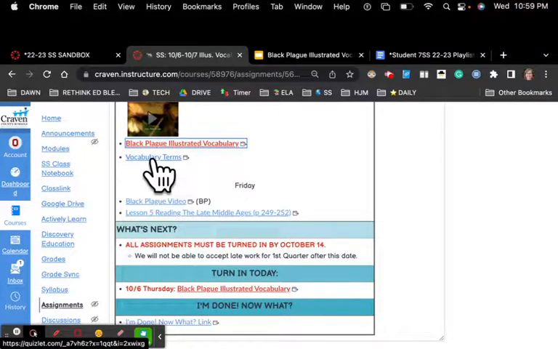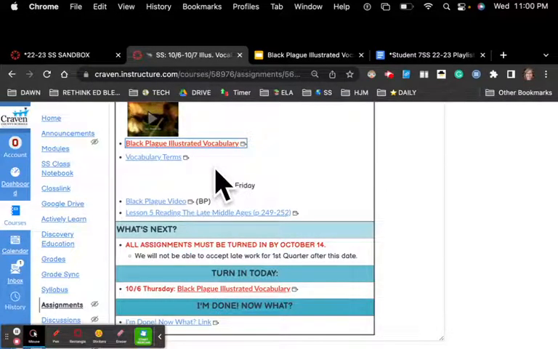This is a link to the Quizlet that has the actual definitions that we'll be using. So they can simply go to this and look at those terms and put those on their vocabulary sheet. The important piece is to make sure that the image that they find or that they draw matches the definition. So it's kind of a reminder for them to help them remember and understand the vocabulary word.